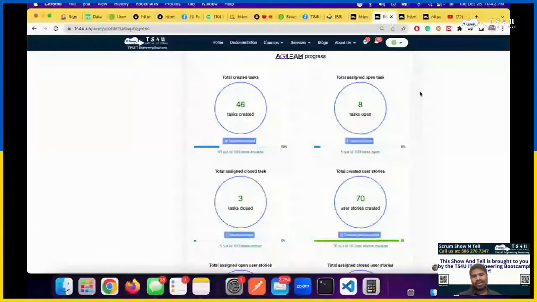Aisha, what else? Yeah, another question. It says user story created. As QA, we can create user stories, but we are not required to create them. So let's say I never created any user story in my project. This would bring my progress down because it says 0 out of 10. So don't you think it's gonna affect my progress in the long run?